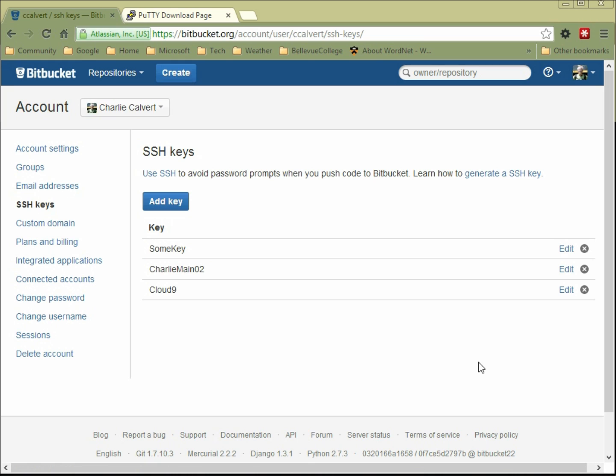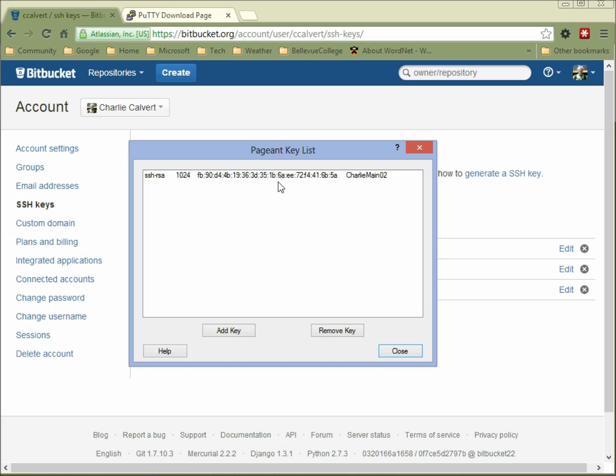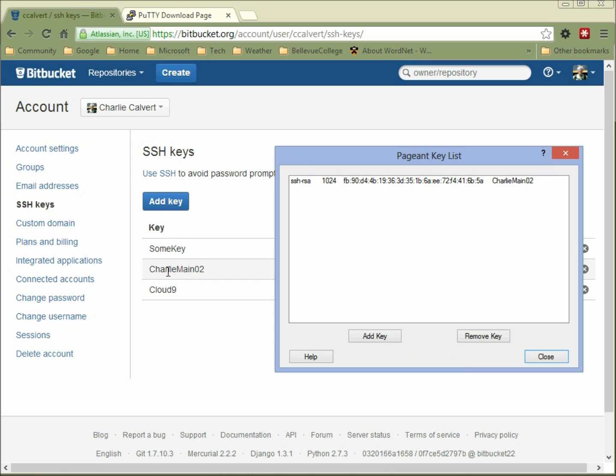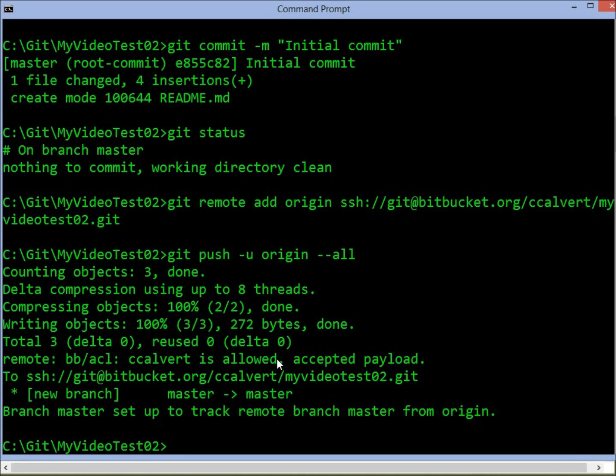And now I have created romance between this public key here, and the lonesome guy who's sitting back on my Windows machine waiting to find his true love. And the thing that connects them together is this fact that this private key here in Windows is loaded into Pageant, and the public key, his mate, his true love, his soul love, is up here on BitBucket. Okay, and then because those keys are all set up, all I have to do is do things like